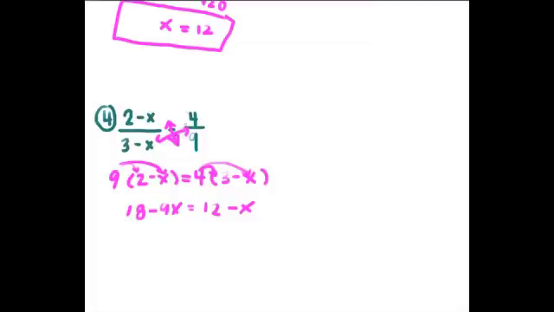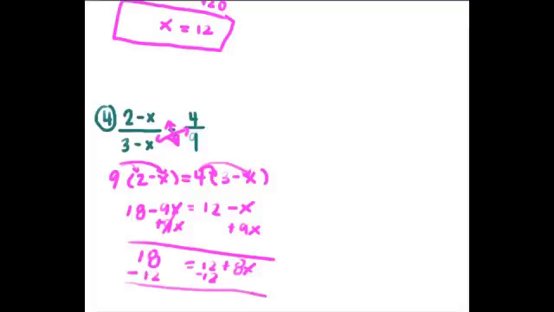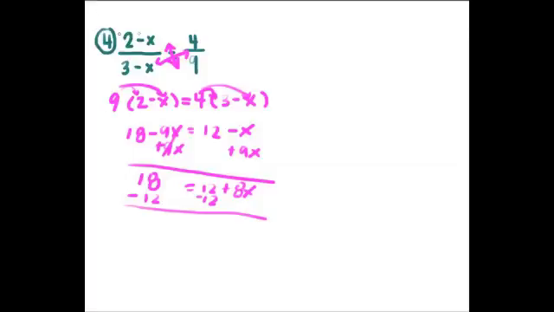Let's go ahead and get the x's on one side and the numbers on the other side. So let's change it up. Add 9x and add 9x. Okay, and then let's go ahead and subtract that 12 over. So I have 8x equals 6, divide by 8. x equals 6 over 8, and if you reduce